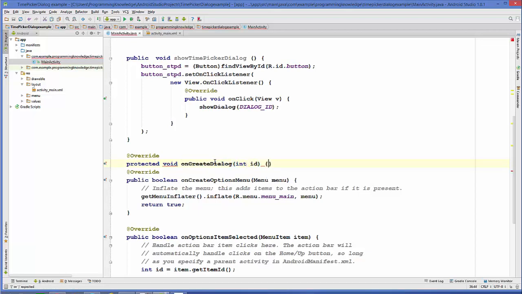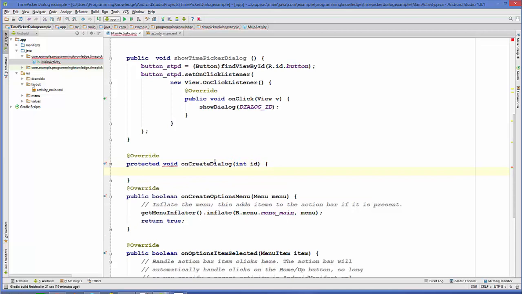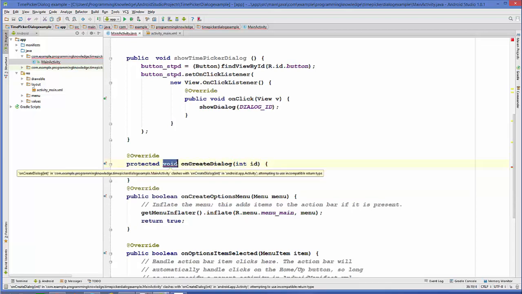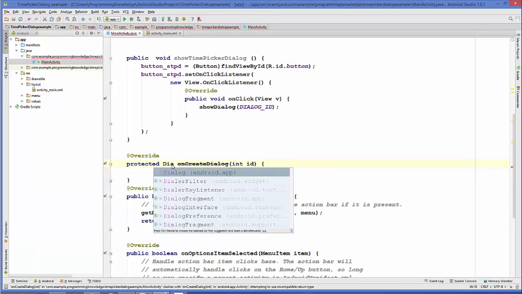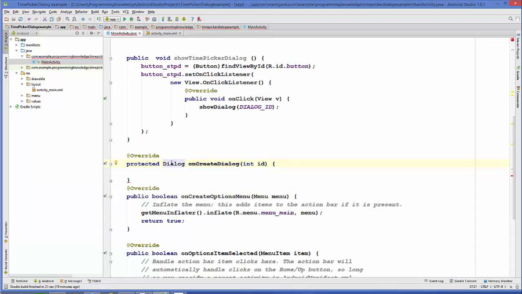Okay, and now what you can do is let's return a dialog using this method. So in here just return a dialog. Okay, because we want to show the dialog, so we will return the dialog using this method. Now what we are going to do is we will compare the ID which is passed as an argument to the dialog ID which we have declared above, right?